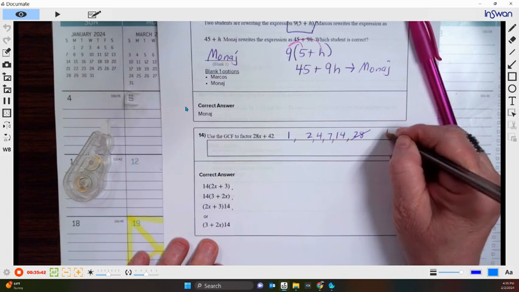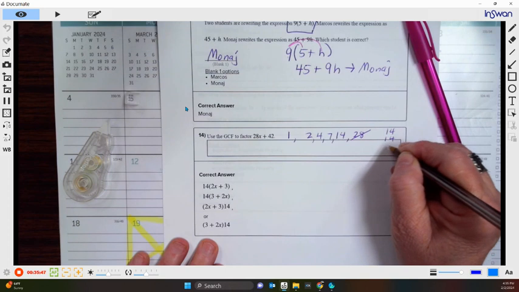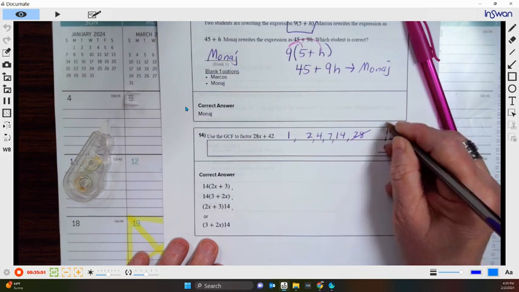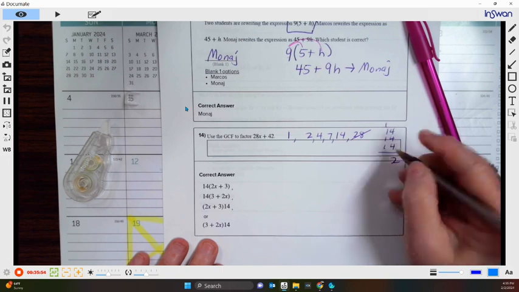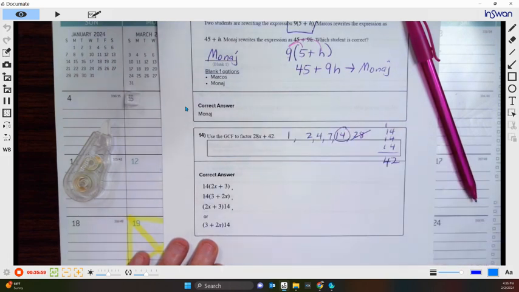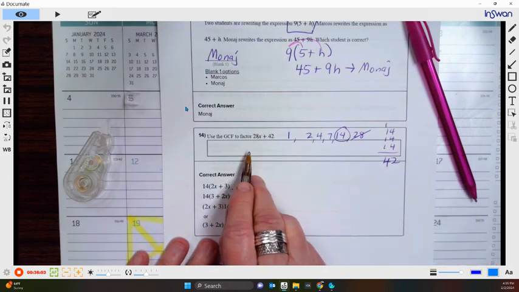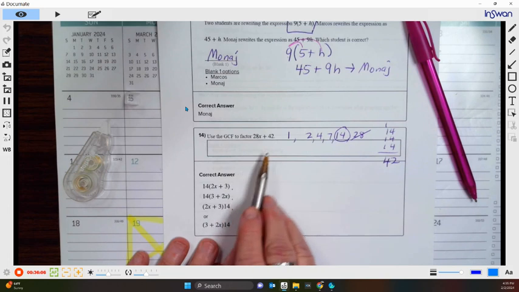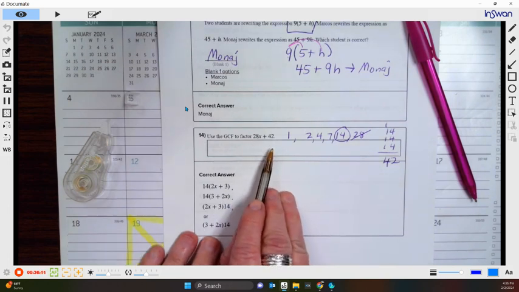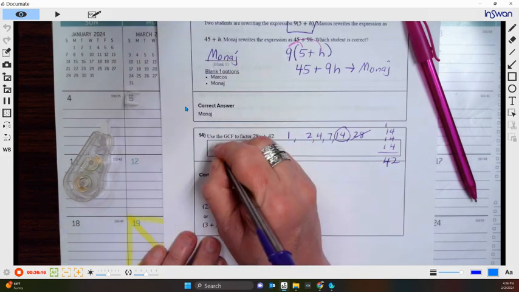I know that 14 times 2 is 28, but if I do 14 times 3, 3 times 4 is 12, carry the 1, 1, 2, 3, 4. That is 42. So 14 is going to be my greatest common factor. So I've got 28x, or 14 times 2x, plus 42. 42 is going to be 14 times 3. So the correct answer is going to be the greatest common factor is 14